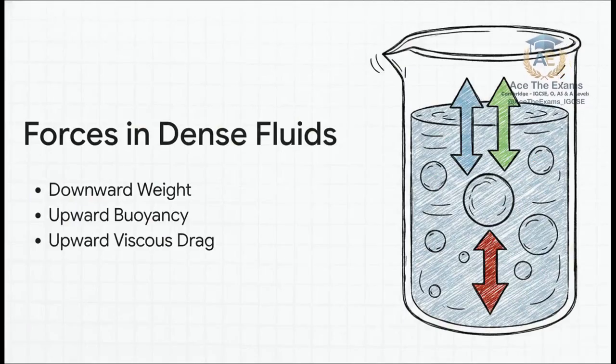Now, since air is pretty thin, we usually just ignore buoyancy in these problems. But what if we drop an object into a really dense fluid, like, say, thick oil or glycerin? Now we've got 3 specific vectors acting on our object. We still have weight pulling downwards, of course, but pushing upwards we have not 1 but 2 forces, the viscous drag force from moving through the fluid, and an upthrust or buoyancy force because the object is displacing that thick,